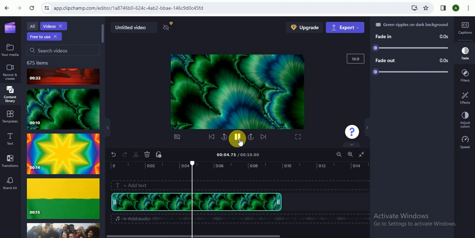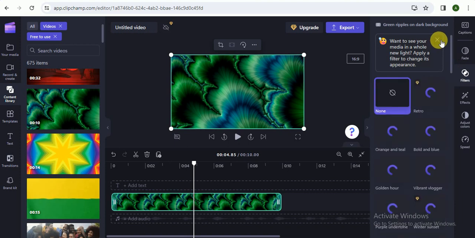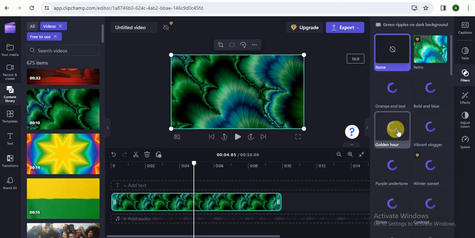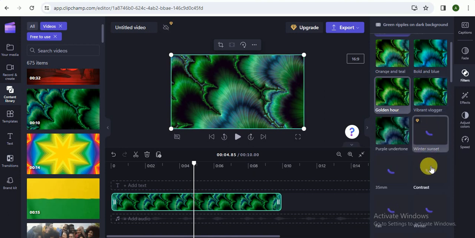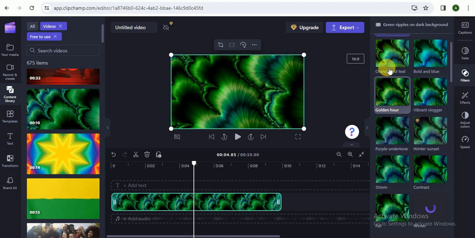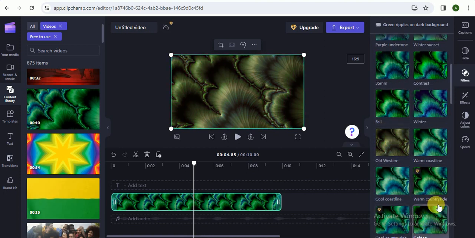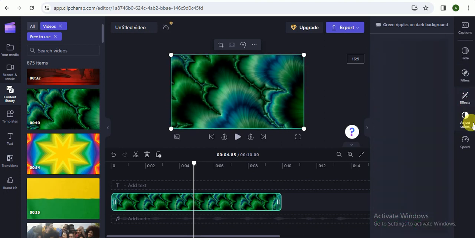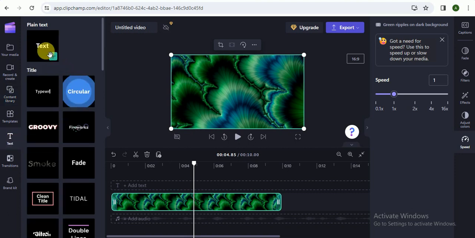After that, if you want to apply any filter, you click on this, and these are the filters. Some are pro, but there are many free filters, so you can easily apply these filters to your video. As you can see, it also shows a preview of the filter, and after that you select the preview you like. After that, we also have effects, and it shows us the effect, adjust colors and speed. You can speed up the video, and you can add text here, like click on text, and